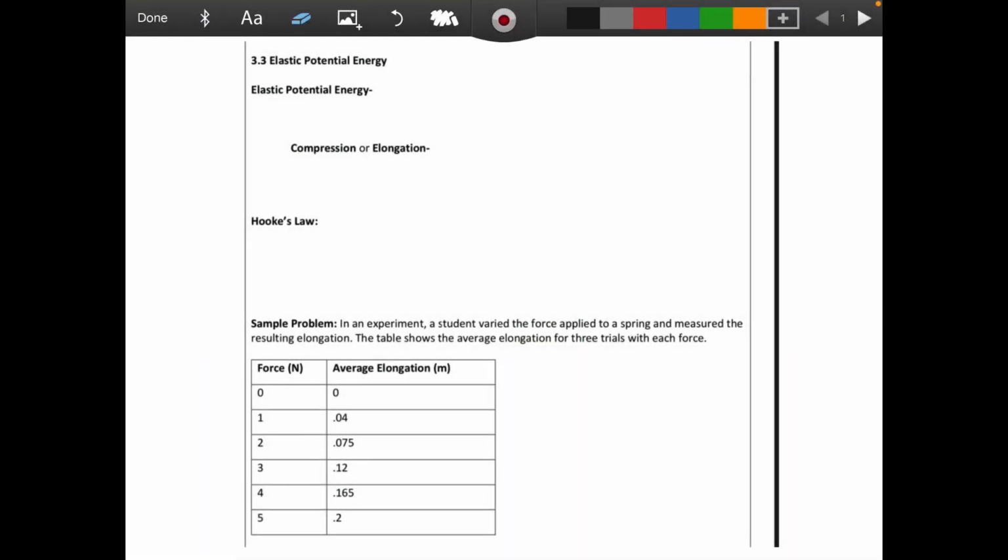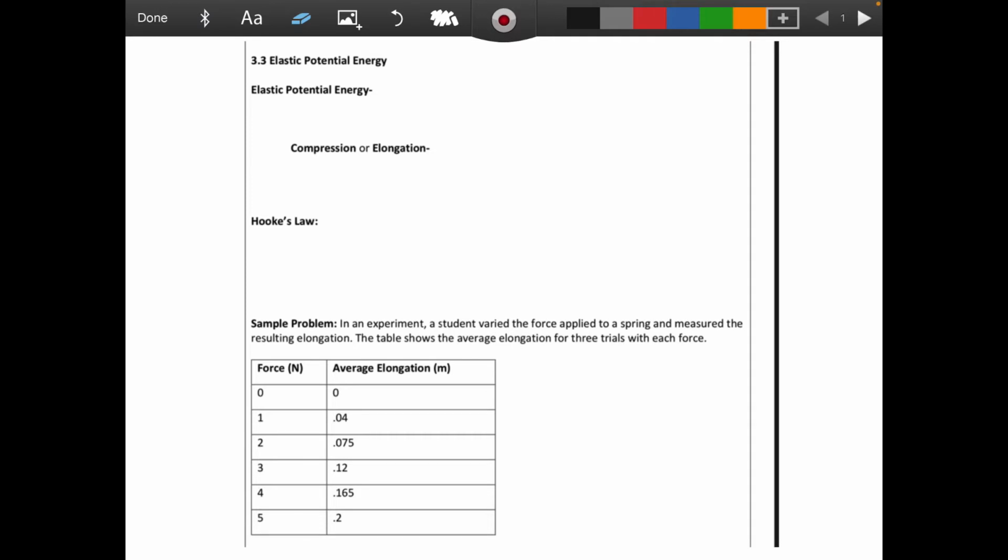Okay, so our next unit within the energy unit is going to focus on Hooke's law, which is specific to springs and rubber bands and things of that sort. And we would conclude whether or not a rubber band actually obeys Hooke's law in class if we were doing normal labs. But last week we defined potential energy as the energy due to either a position, gravitational potential energy,